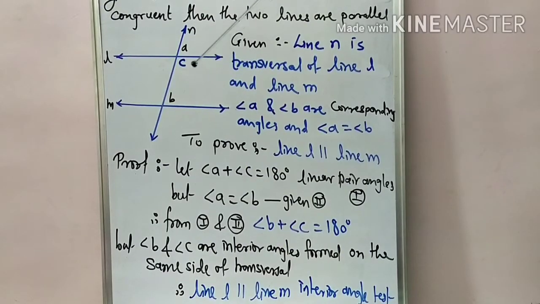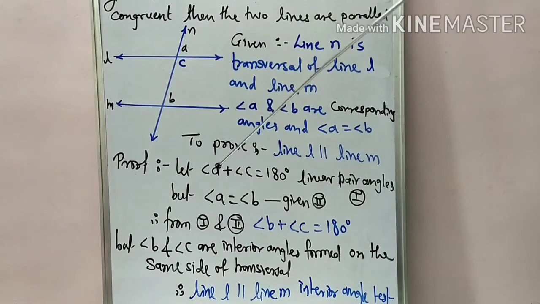So here we are taking that angle C, which is the interior angle of angle B. As we prove that the sum of these two angles is 180 degrees, meaning interior angles are supplementary, then we can say that the lines are parallel. And to prove that, we write down the proof the same as we wrote in the previous theorem or previous test. Okay, what we notice here, as we're taking that C, which is a linear pair with angle A.